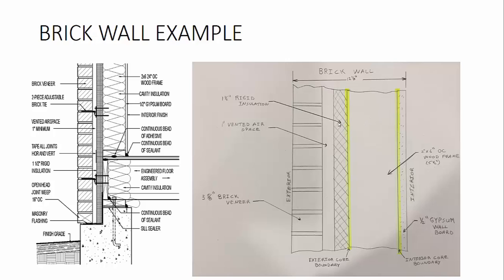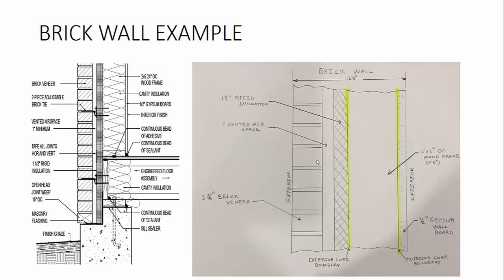Outside of that, we have our rigid insulation, so just some kind of little hatch on there to show the difference. In this one, they called that out 1.5 inches. It could be 1 inch, depending on what type of product you find. Anytime you're using some kind of masonry product that is not directly applied to the wall, like a veneer stone,